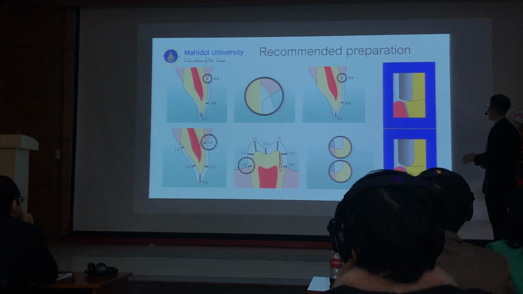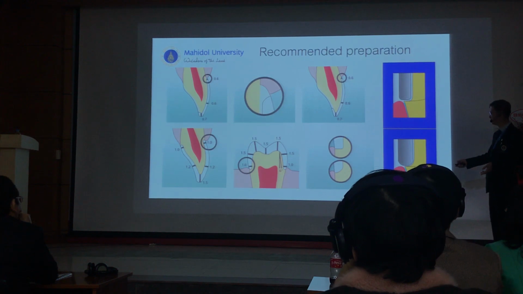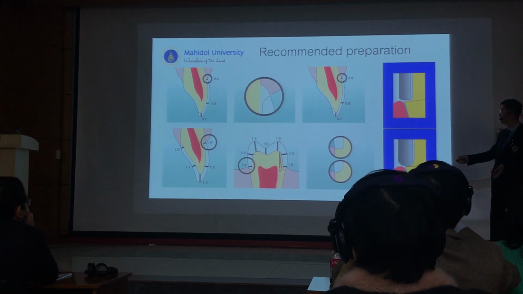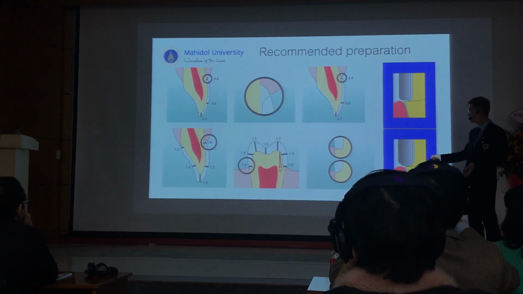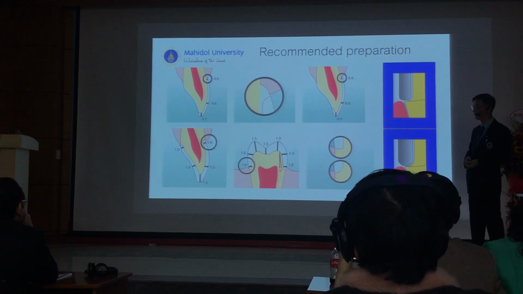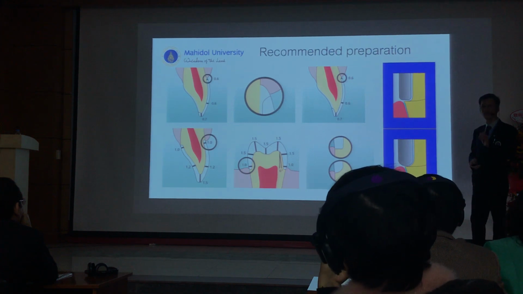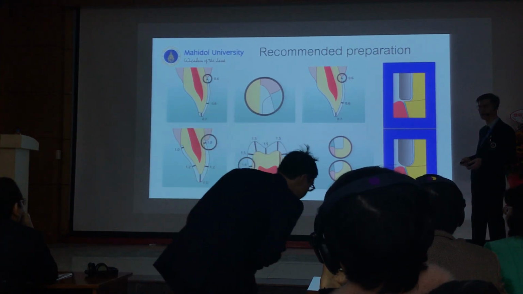And the preparation is fine. Right now, you have this. You can make a shoulder preparation or deep chamfer, around 1 millimeter. But you have to be aware that at the office of surgery, if you make a plastic, you may need more space compared to the zirconia. Maybe for zirconia 1 millimeter will be enough, but for the plastic, you might need 1.5 or 2 millimeters.